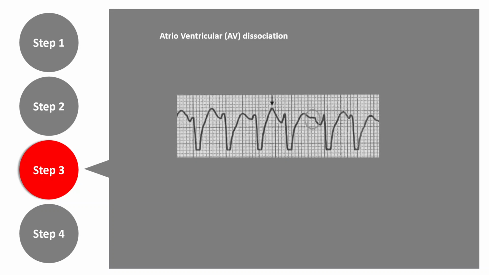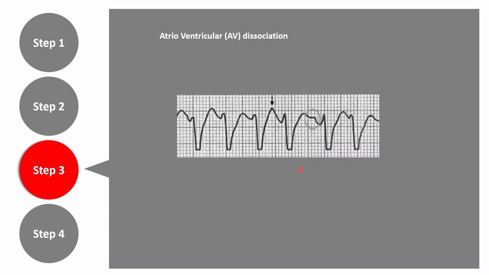Let me show you another example here. Once again, there is a wide QRS complex, wide QRS complex, wide QRS complex, wide QRS complex. Suddenly you will find there is a P wave followed by a QRS complex, but this PR interval is coming out of nowhere, in the rest of the other QRS complexes which are not preceded by a P wave. So this is the